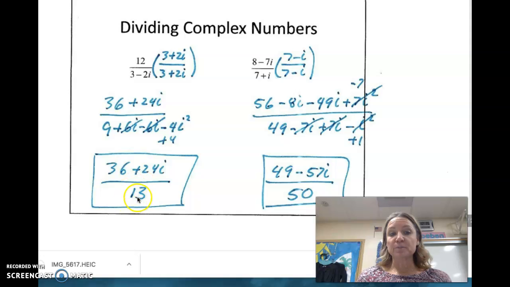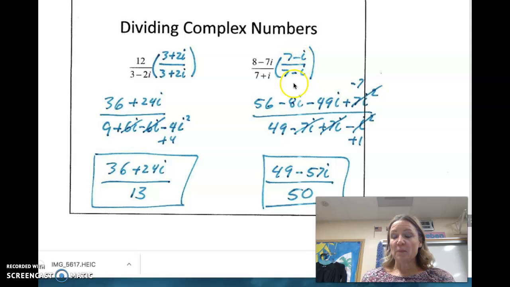That's our denominator. We see if we can simplify the numerator. Sometimes we can, but in this case we can't. So we just leave the numerator as 36 plus 24i over the denominator of 13, and we're done. All right. For the next one, the denominator is 7 plus i, so the conjugate is 7 minus i,